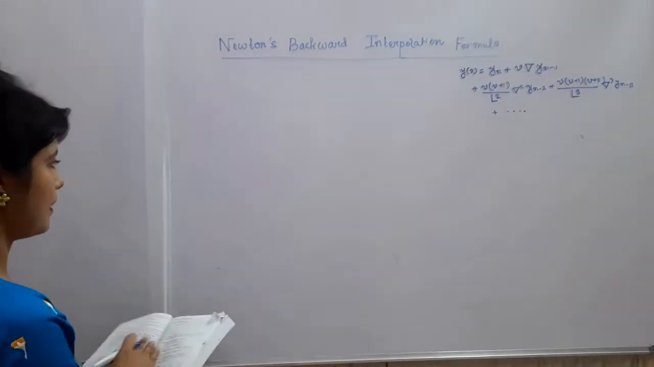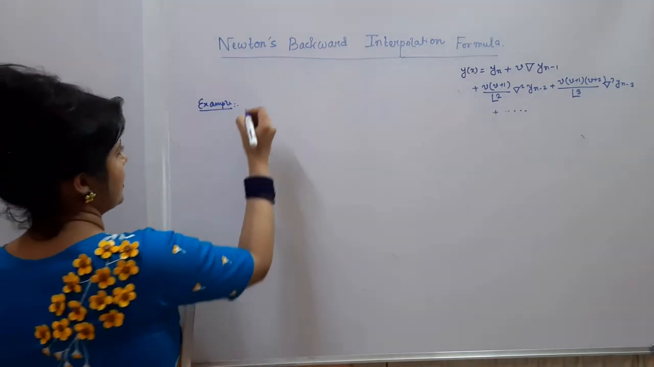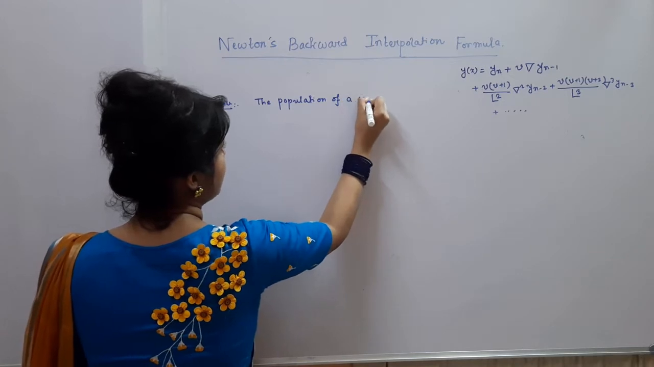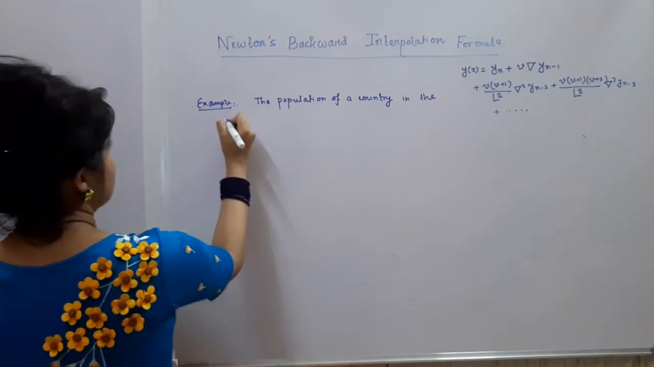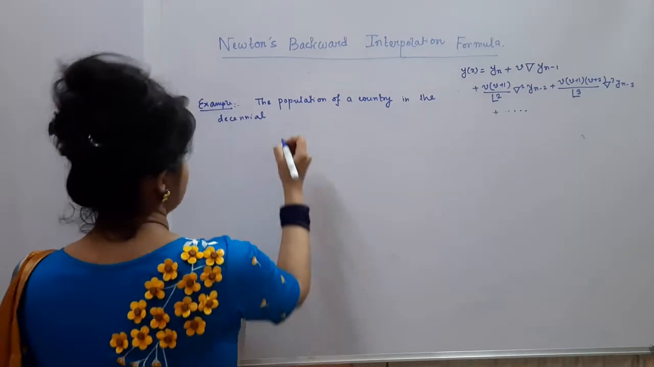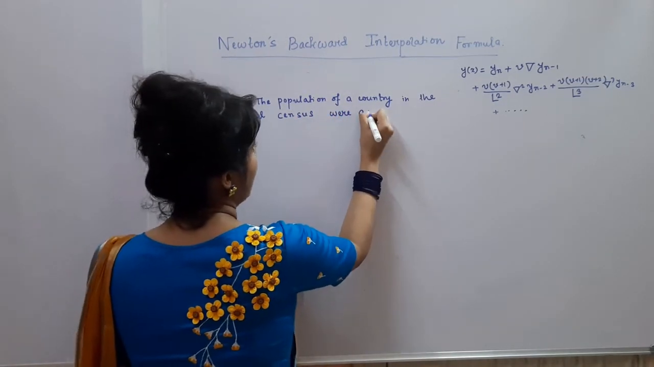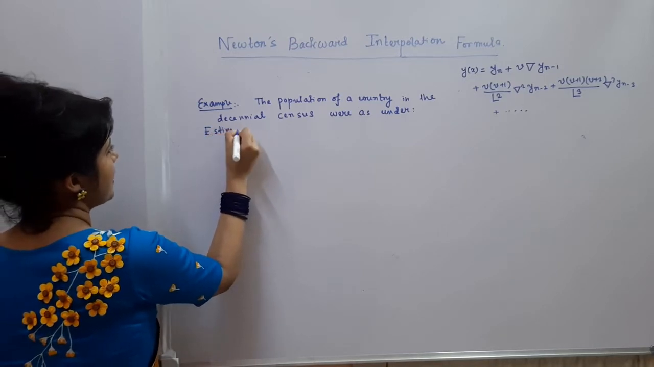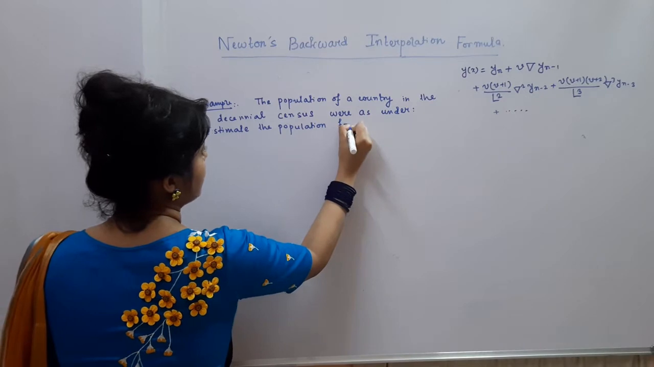Now I am going to solve a problem. The problem is: the population of a country in the decennial census were as under. Estimate the population for the year